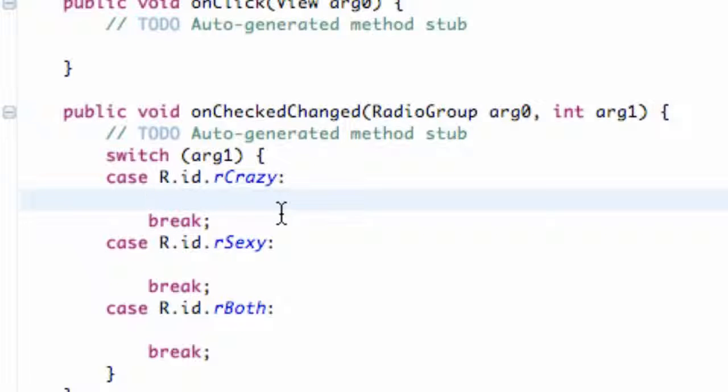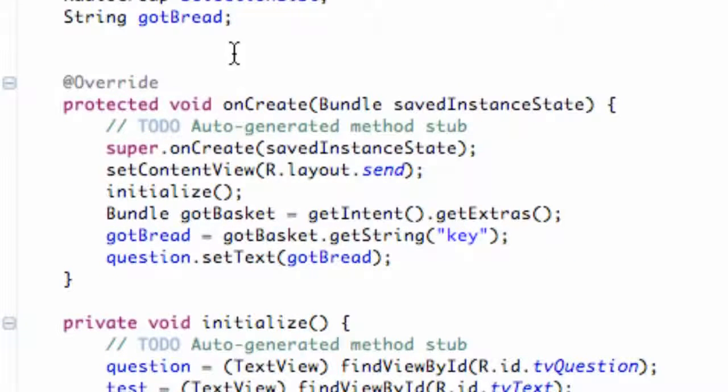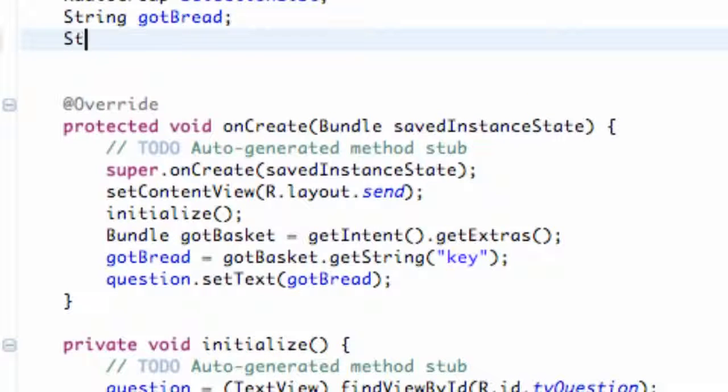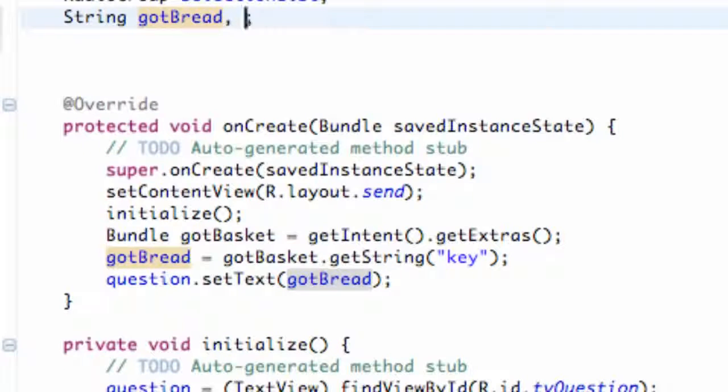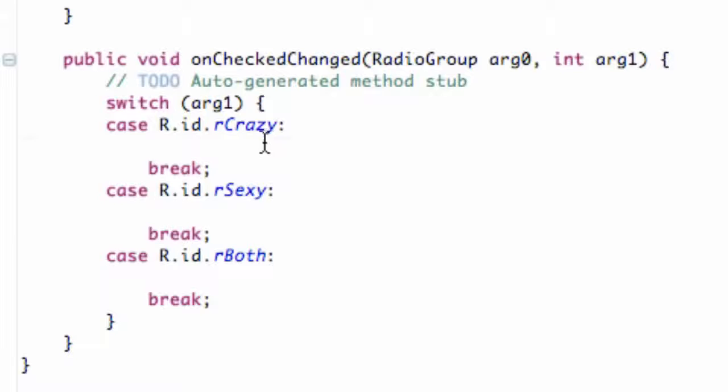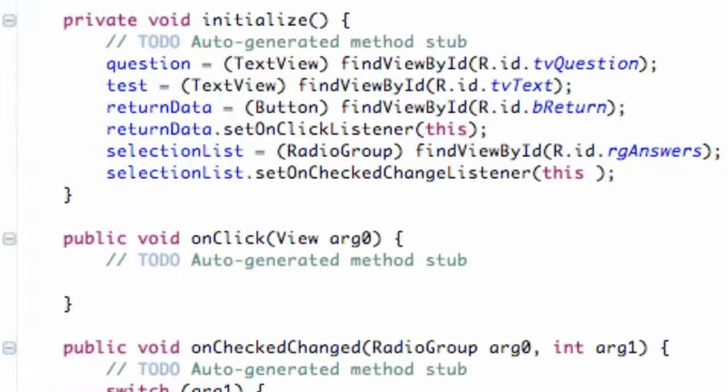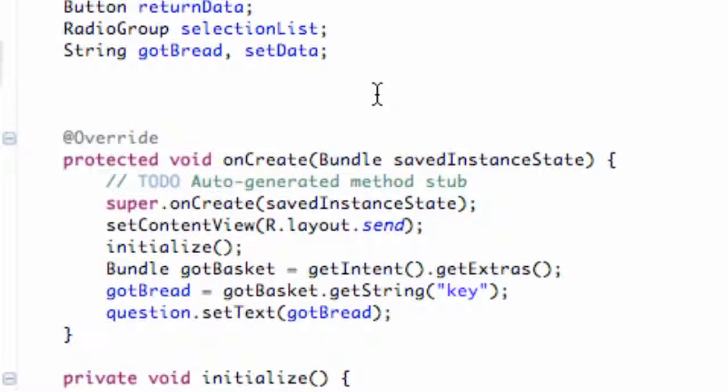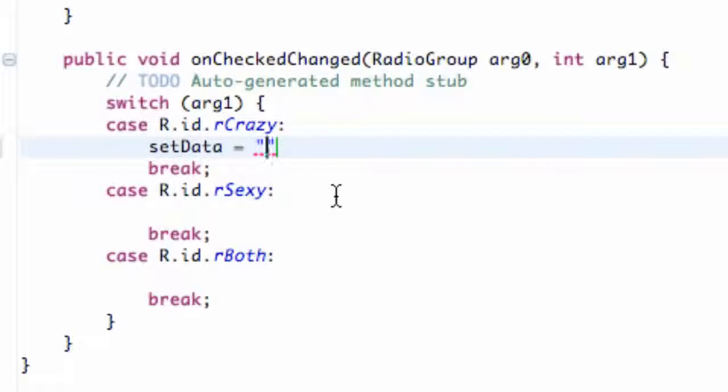But what we're going to do is basically set up a string variable. We're going to set up a new variable above our class, and we're going to call it sendData. So we're going to set sendData up within our switch case down here. These are kind of the answers for the most part. Did we set up answers? Not positive. No. Alright. So we're going to say sendData, and if it's crazy, we're going to say probably